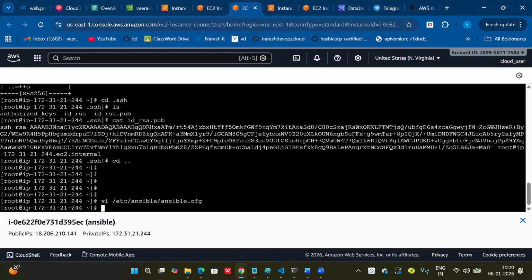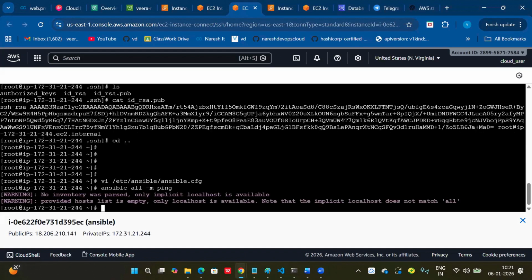And guys, if I run my inventory file, for example, ansible all -m ping, this will try to reach all the target nodes, right? The ping command will get the response pong here. But here I don't have any inventory file as of now. We haven't added any IP into the inventory file. Clear now? That's what the error is: no inventory was parsed, so no inventory is found here.